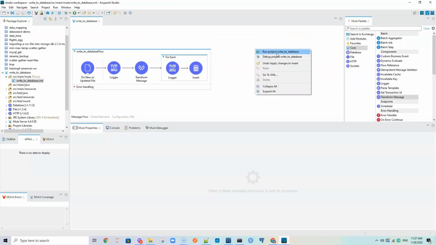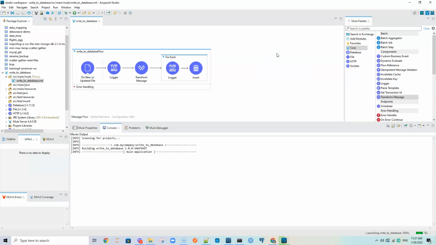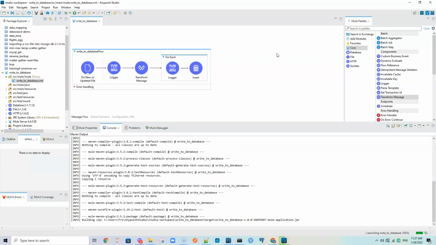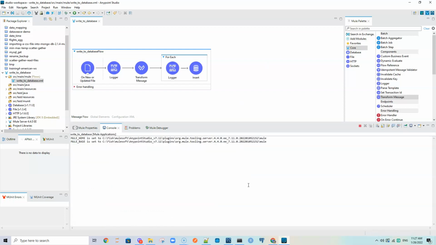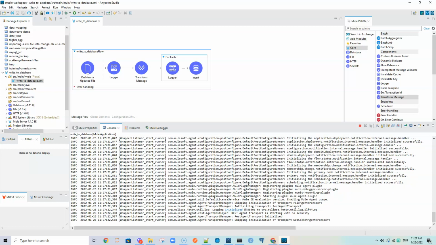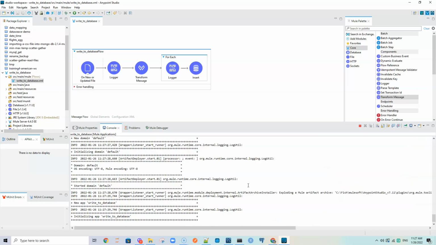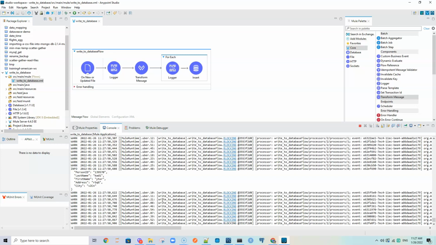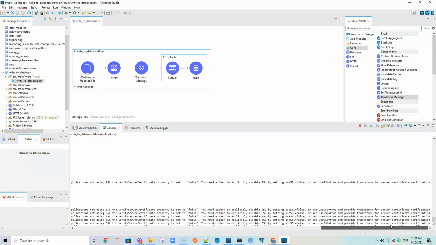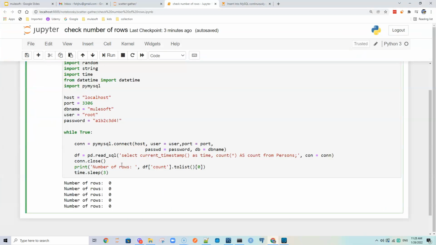Run project. So in the logger here on the console, it is going to tell us which files it is processing, give us some high level information, and also to check that it is working, we are going to see if the number of rows in the table is increasing. So this is deploying. Now it has deployed. So you can see here it is telling us which files are being processed. The number of rows now should be